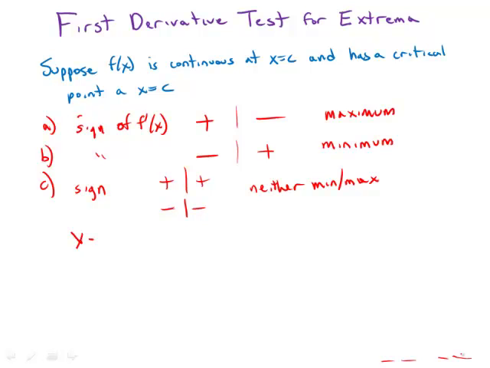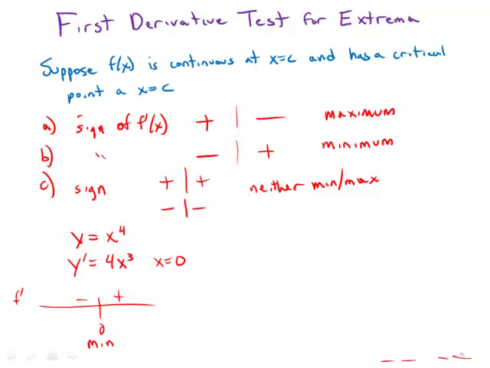If we have the function y equals x to the fourth, well, let's take the derivative. Derivative of this, y prime equals 4x cubed. And of course, if we set that equal to 0, we'd find that at x equals 0, there is a critical point. And so if we look at what's happening to the sign of y prime around 0, well, if you cube a positive number, you get a positive. If you cube a negative number, you get a negative. So it's negative to the left of the critical point and positive to the right of the critical point. Well, this means it's decreasing to 0 and then increasing after 0, so 0 must be a minimum of this